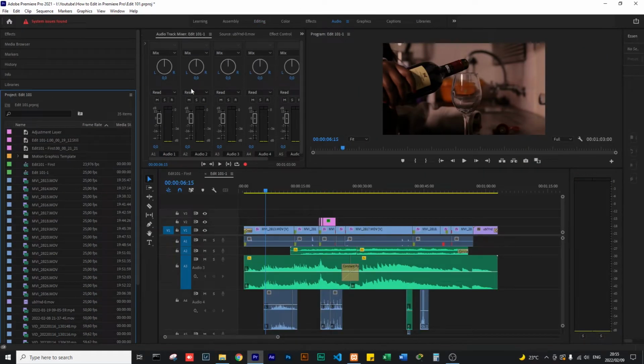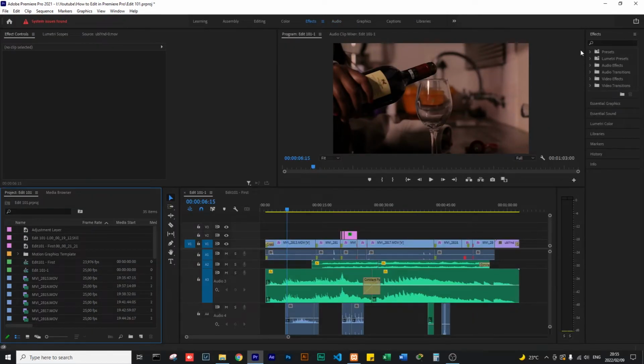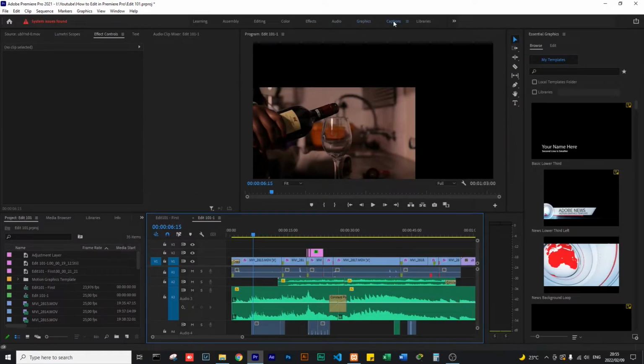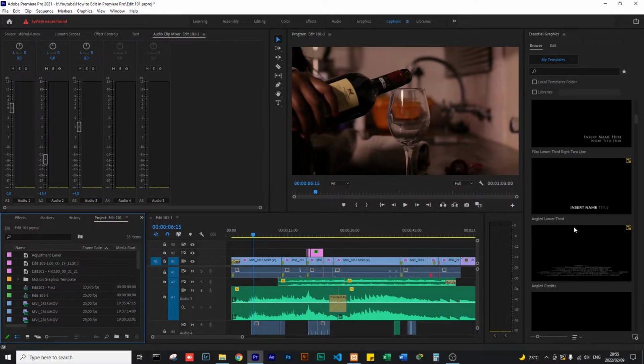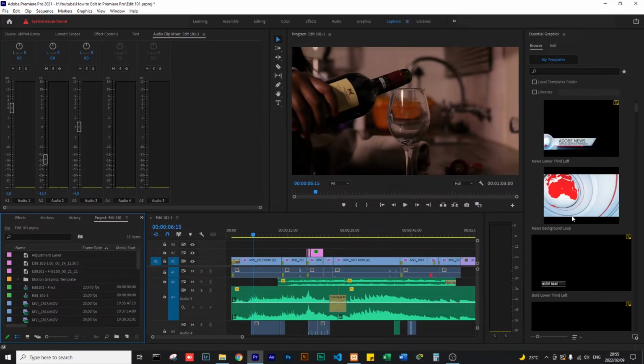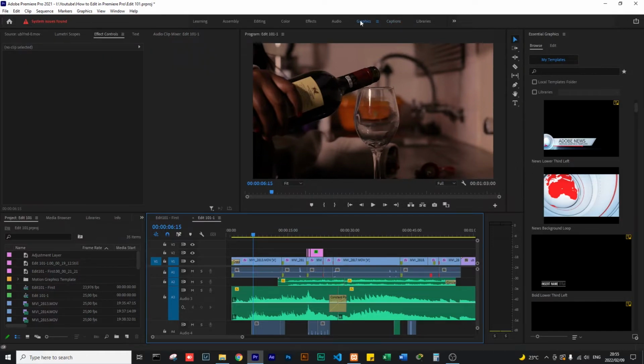audio and then you can do some mixing here. And then effects: when you click on effects, this thing comes up, so you can decide which effect you want to apply. And then audio and graphics and captions, lighting is the same. Graphics, nice. Okay, but I want the graphics, so when you click on graphics, obviously this lighting